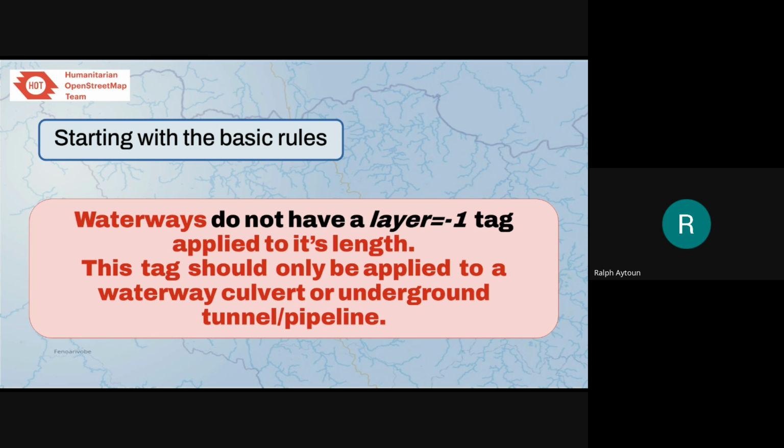If you do see that, remove the layer -1 tag, you then need to run your JOSM validator, because what will happen is all along the way of that waterway, you will then find that the highway waterway crossings will all be incorrect, because the JOSM wasn't showing them before, because the layer -1 tag was blocking it by saying the water doesn't cross the road. So that is something you will need to check if you do remove the -1 tag. Thank you.